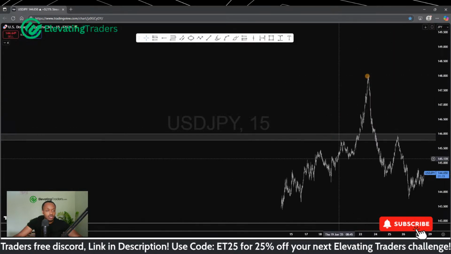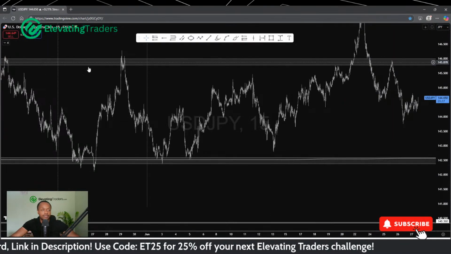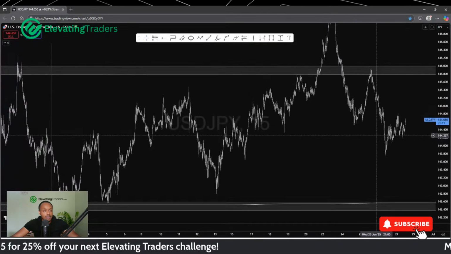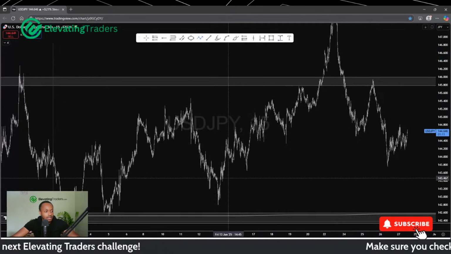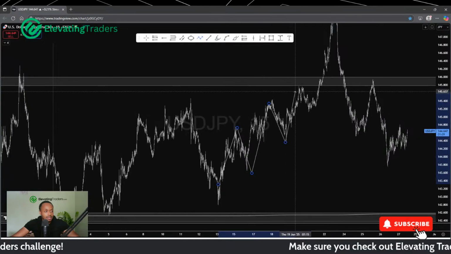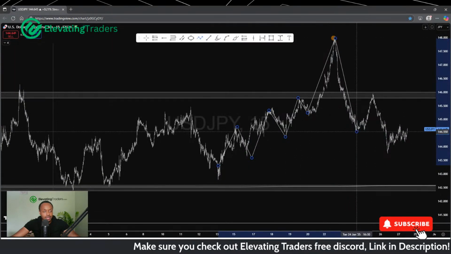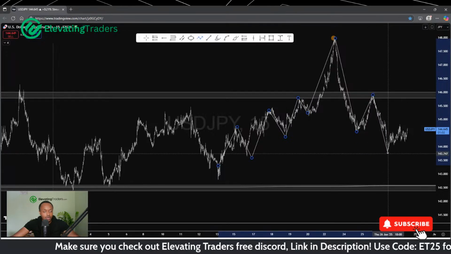In terms of dollar yen on the 15-minute chart, like I said, we're kind of stuck within a range here, so I'm not really interested in trading dollar yen. I mean, we've had some nice bullish structure as of late. We had that very anticlimactic move higher. We had a big sell, a pullback, then a continuation.